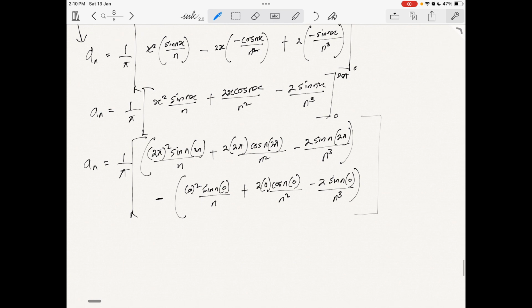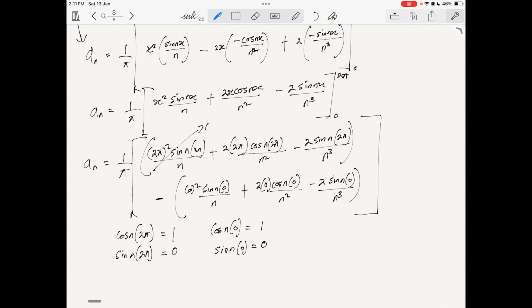Now in our previous video, we understood that cos n 2 pi is equal to 1, sine n 2 pi is equal to 0. Also, cos n of 0 is equal to 1, and sine n of 0 is equal to 0. So with regards to that,